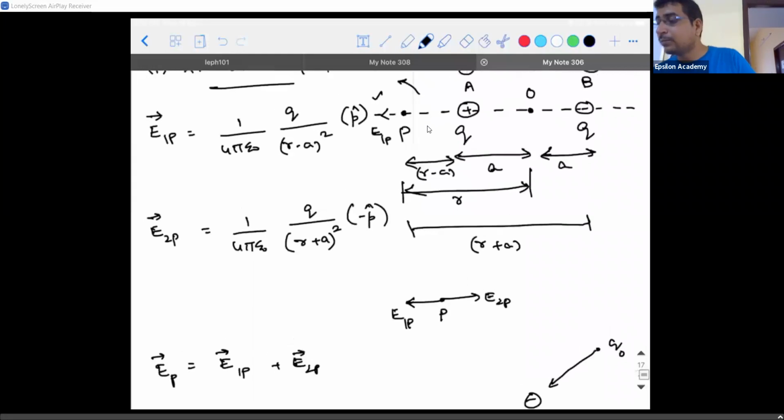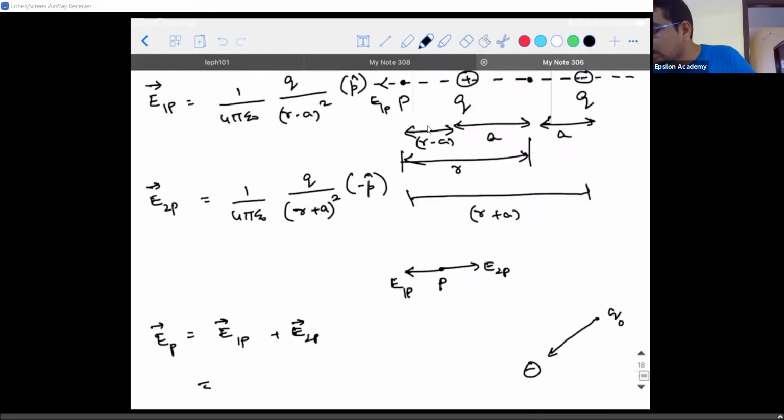In a similar way, I have a negative charge here at point 2. I am assuming that there is a test charge Q naught placed at point P. I didn't show it in the diagram because going forward we will not show the test charge. It is for you to understand. If there is a test charge at point P, what will be the direction in which the charge at 2 will exert a force on Q naught? Will it exert a pulling force or a pushing force? That is the reason why the electric field is in the rightward direction.